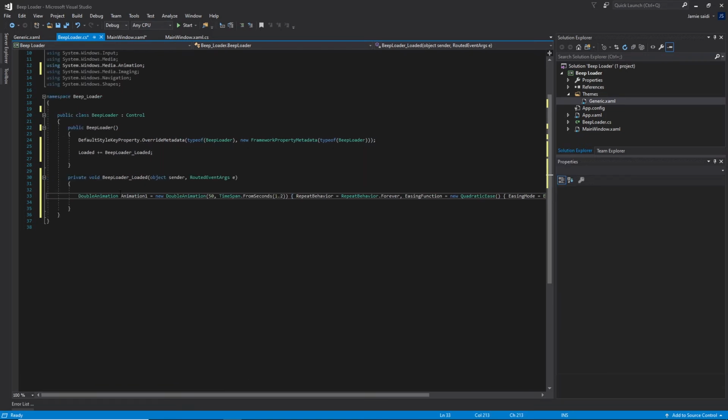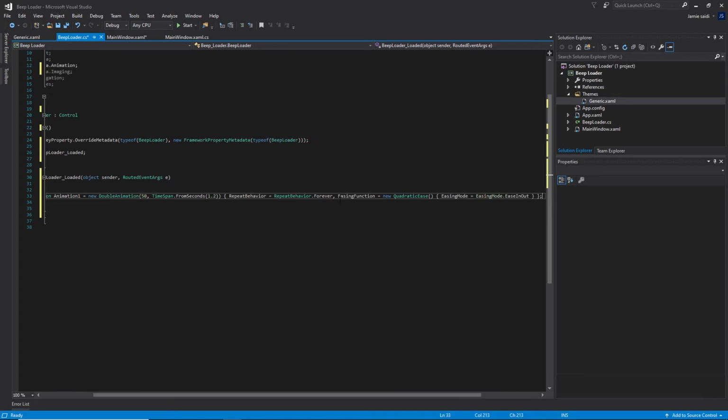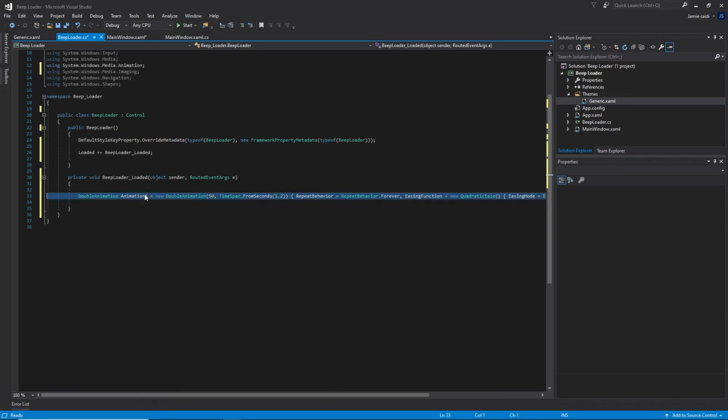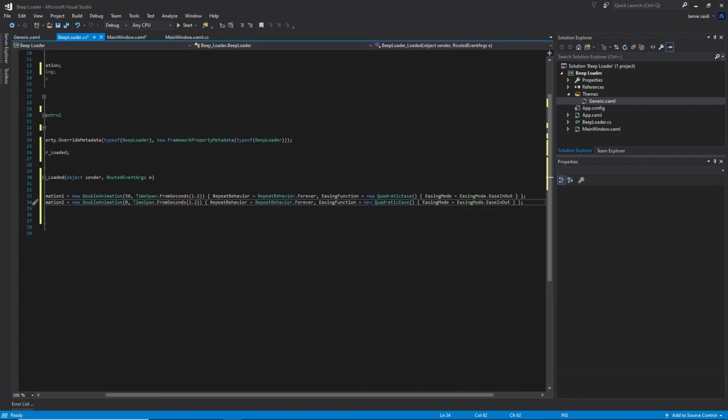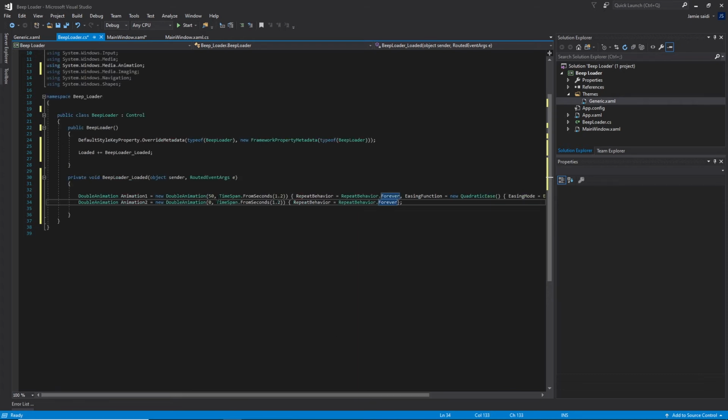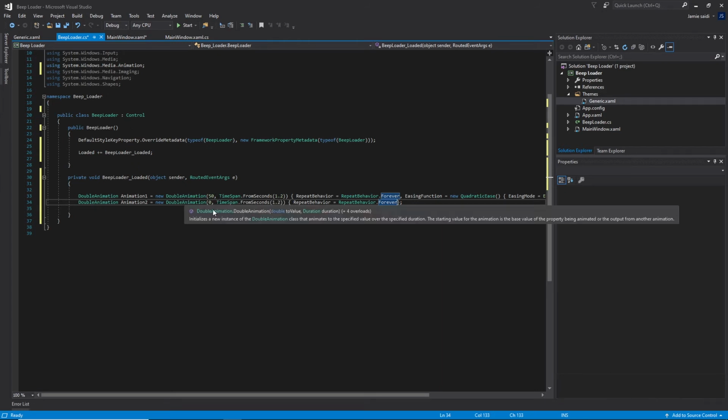So basically, this is an animation with a target value of 50 and the duration is 1.2 seconds, its repeat behavior set to forever, and the ease in function, which is a quadratic ease. So I'll copy and paste this animation and I'll give the second one a name, which is animation 2, and I'll set its target value to 0. And I'll also get rid of the ease in function because I'll be using this animation to animate the opacity of the ellipse that we created. So the first one will be animating the height and the width, and the second one will be animating the